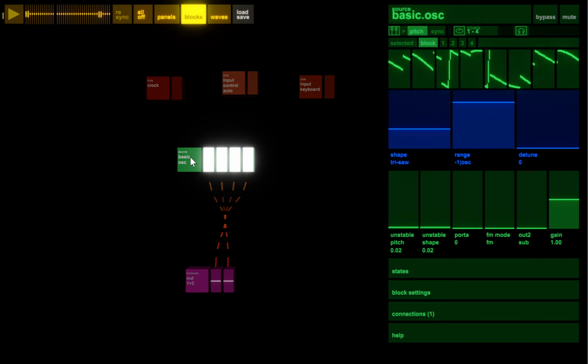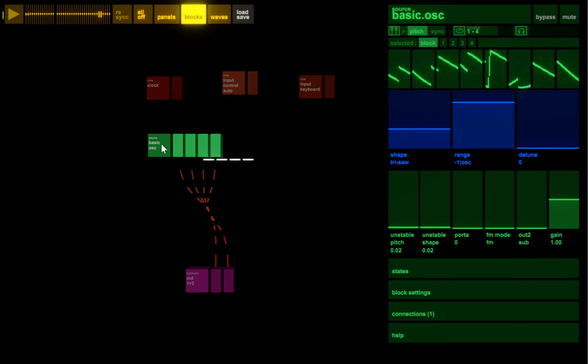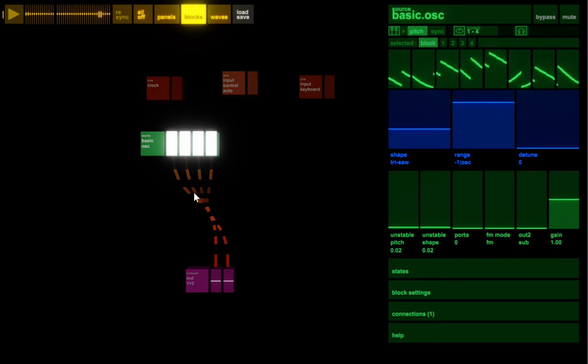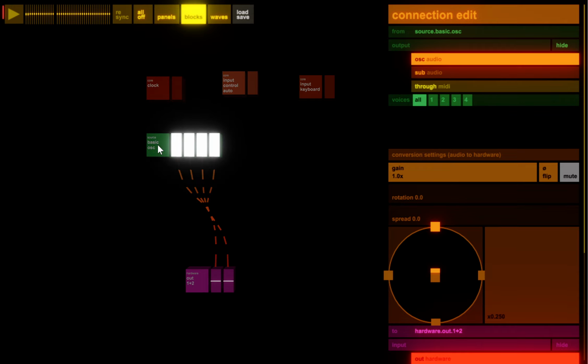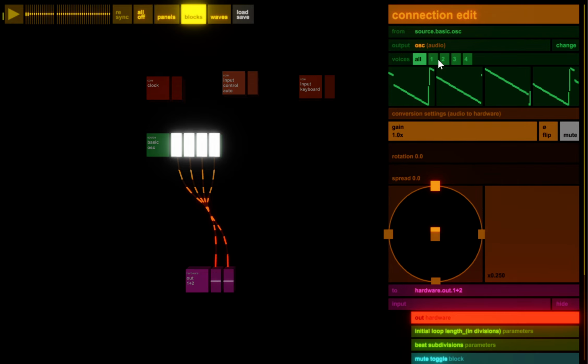To make a connection, you just drag something onto something, and it brings up that. And if you click on the wire, you can edit the connection settings. Control click the wire toggles mute. Control click the block toggles mute. Here are the connection settings. You can see you've got your different outputs from the thing. It's got 4 voices, so you can choose.